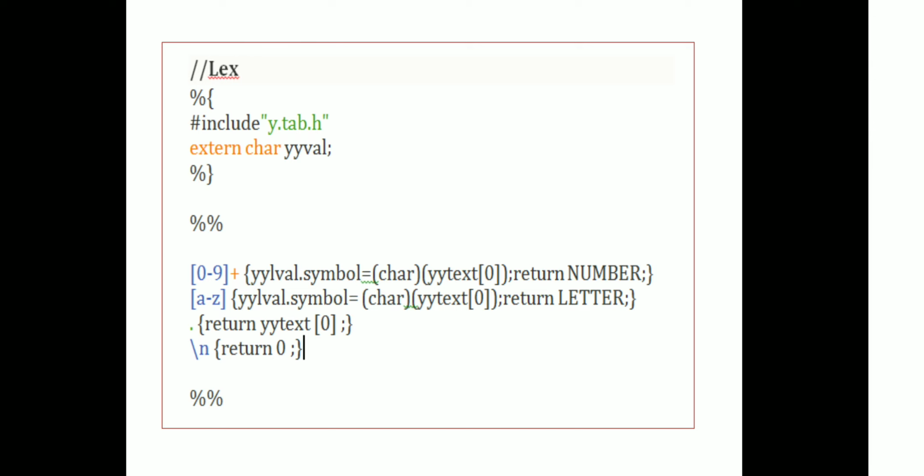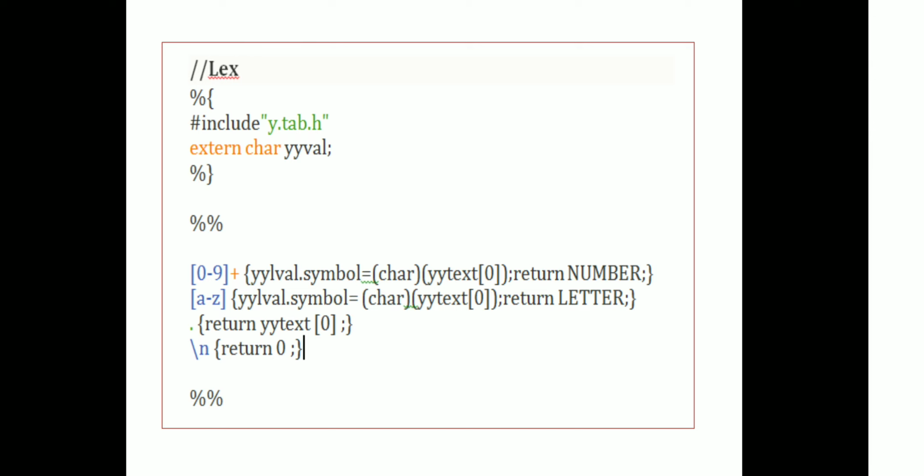So this is all about the definitions, the declaration section of the lex program. Then it goes to the translation rules. In the translation rules, we need to write a regular expression. If any digit is present, it returns the token name as a digit, that is a number. If any letter is present, it returns an identifier, so the token name is a letter.